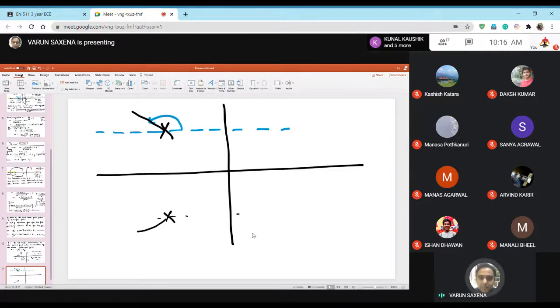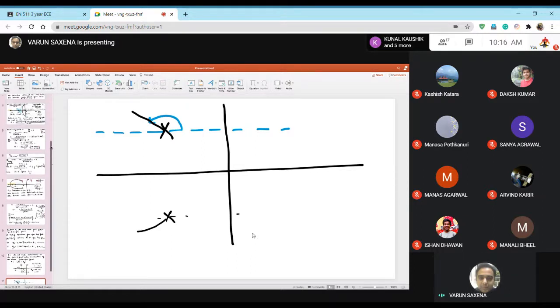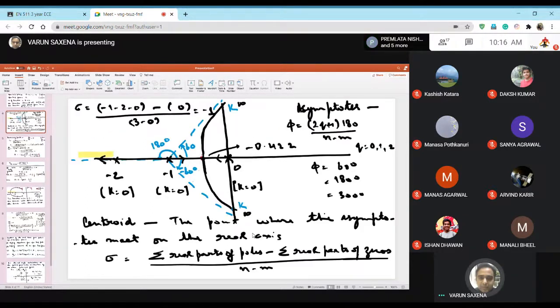And that is, we need to look into these aspects, what happens here and what happens here. We have to evaluate the value of k, at what values of k will correspond to those points on the root locus that are on the imaginary axis. You already know the significance of these. You cannot go beyond these values of k. That is what it is.